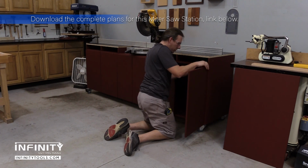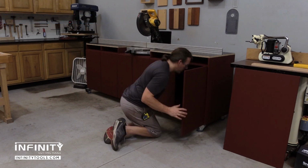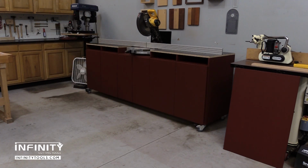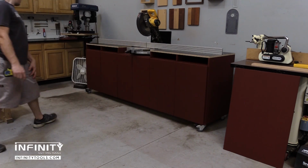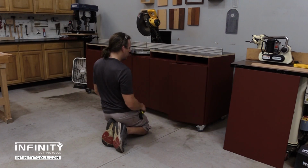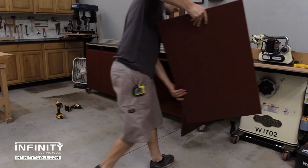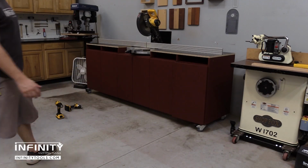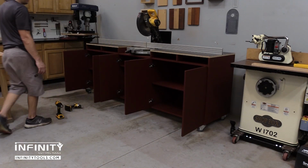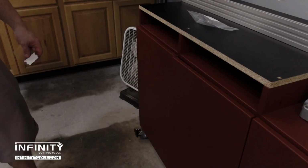Once I have all the doors installed, I step back and take an overall look at the cabinet, because I need all those doors to have nice, consistent gaps and to really make the finished product look good. And so I'll take a few minutes adjusting one door here or there until I get everything laying nice and flat, even, and with nice even gaps. And once I have that done, I'll add some little stick-on door bumpers so the doors close with a nice